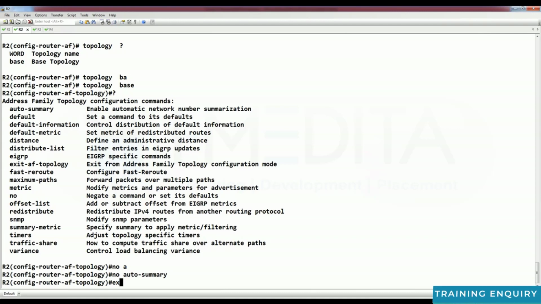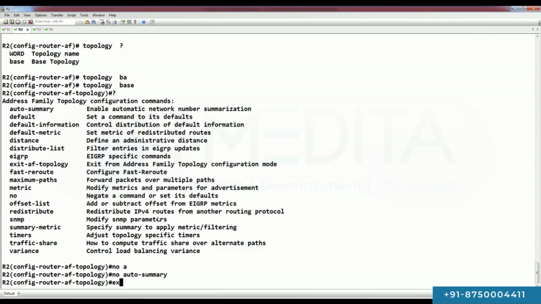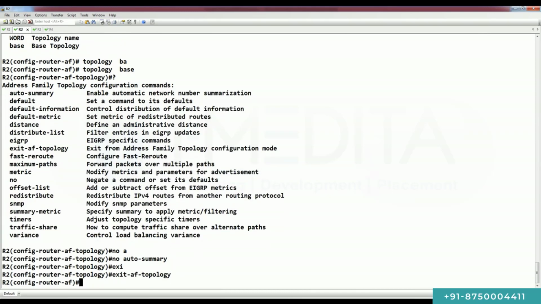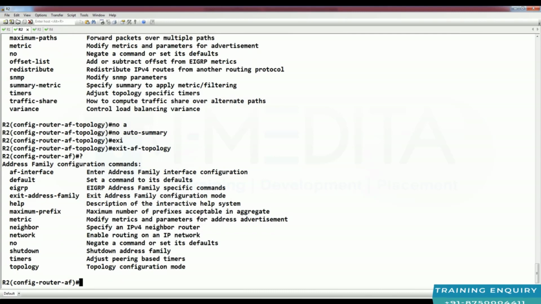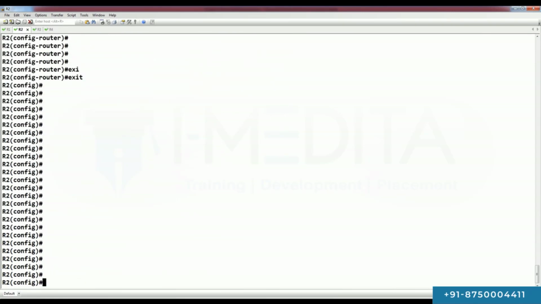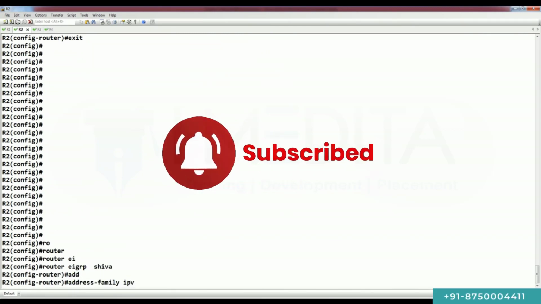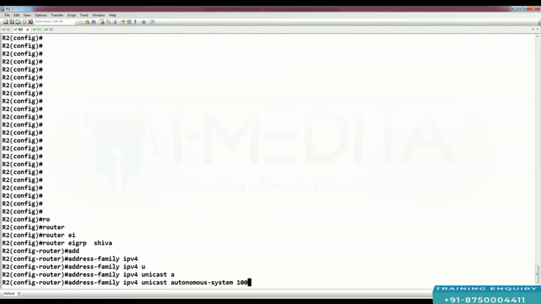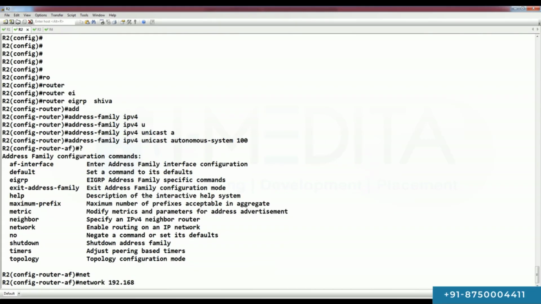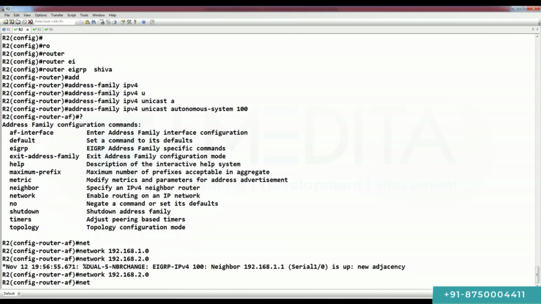So you can see in this sub mode of router configuration, the network command is not available, so we have to exit from it. And where is the network command available? Whenever you put the command router EIGRP Shiva, address family IPv4 unicast, AS number 100, then you can define network 1.0, network 2.0, network